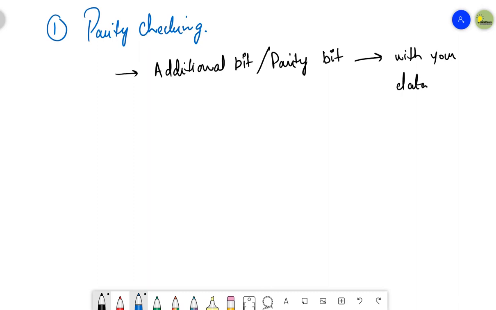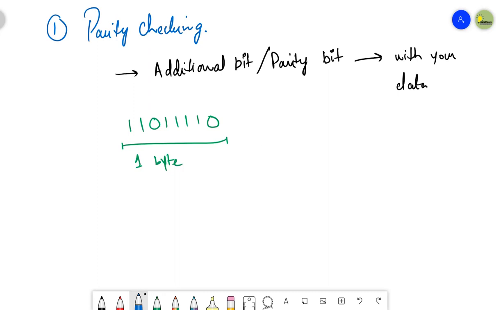You associate a parity bit with the data that is transmitted. Let's suppose there is one byte of data 11011110. This is one byte of data that needs to be transmitted from sender to receiver. So with this one byte, there is assigned one parity bit to the data.